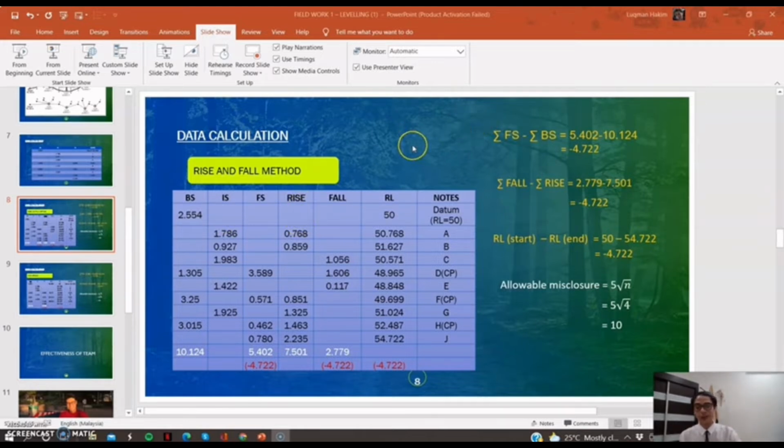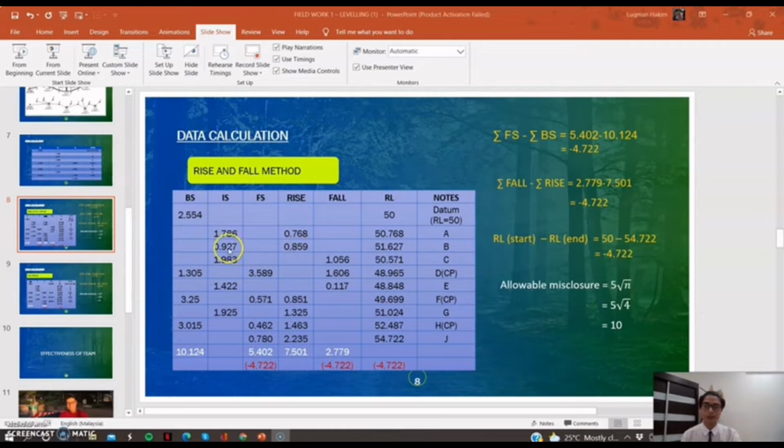But if you get the answer in negative value, you have to put it in the fall column. But there's no need to put the negative symbol. There's no need for that. Just put the value in the fall column. Okay, so next, 1.786, you need to minus with 0.927, then you will get